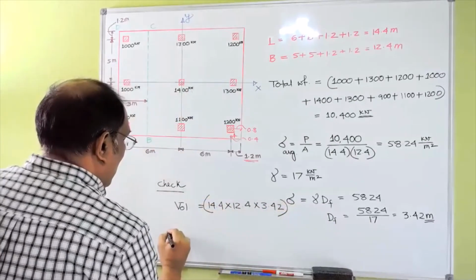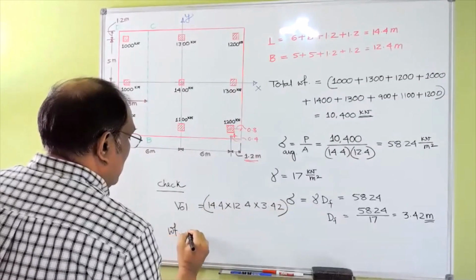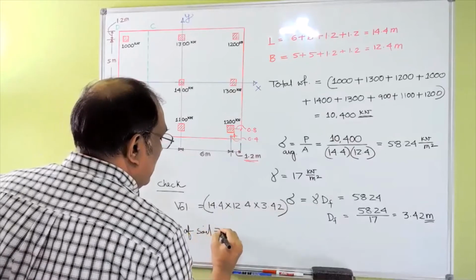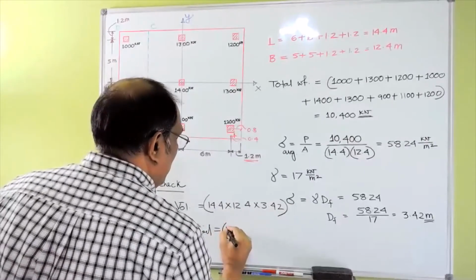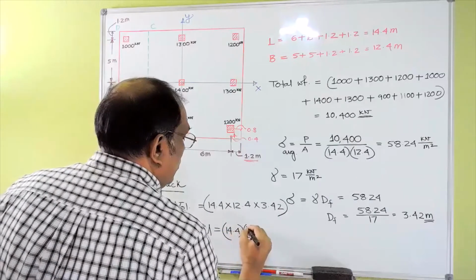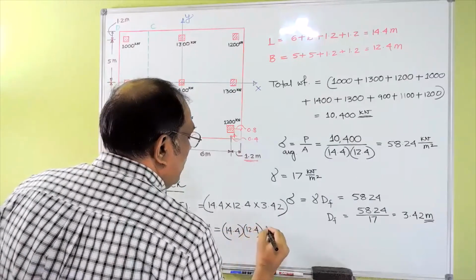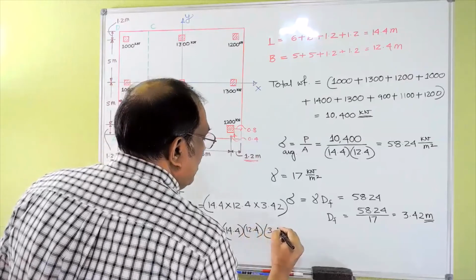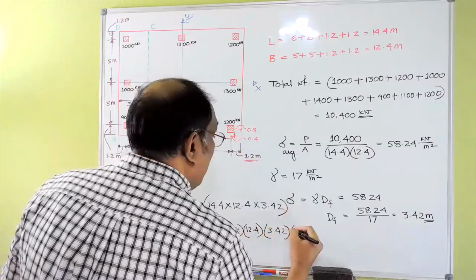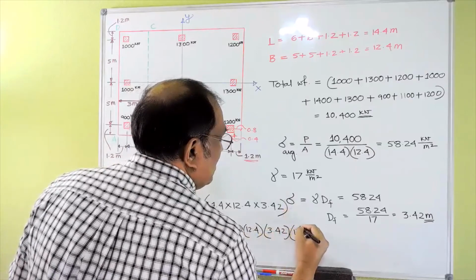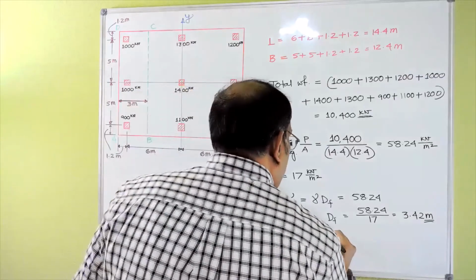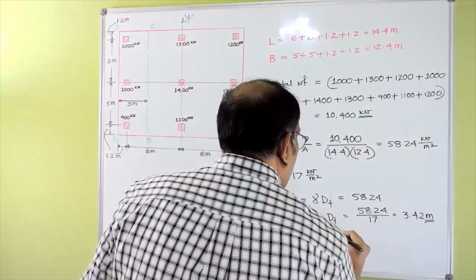And then the weight of soil has to be this volume, 14.4 into 12.4 into 3.42, multiplied by your gamma, which is 17. So that's basically 10,400